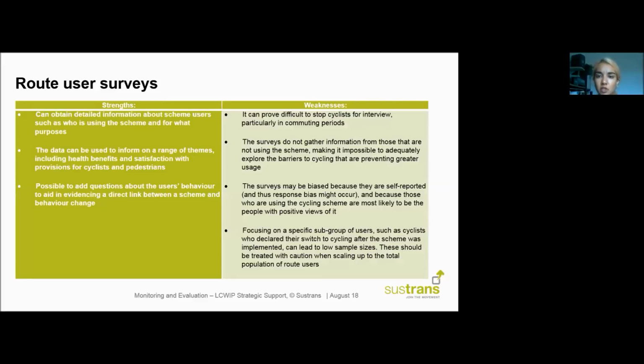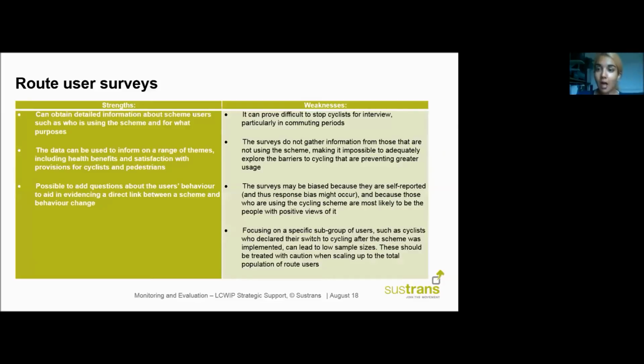In terms of the strengths, you can obtain quite rich data on usage. So not only are you understanding how many users are using the route, but you also understand their motivations for doing so. And as I said, you can also capture some perception information. So this is quite rich data around usage. In terms of weaknesses, it can be difficult to have good response rates,